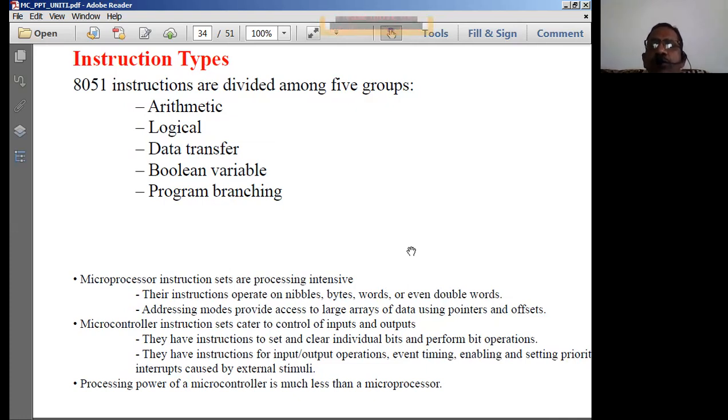That means in order to write a program using a microcontroller based system, you should know more than what you need to know when programming a microprocessor based system.